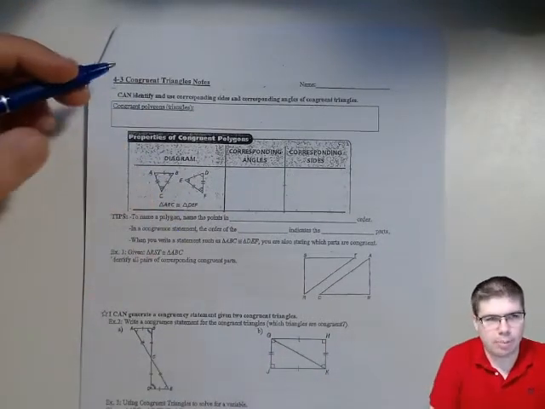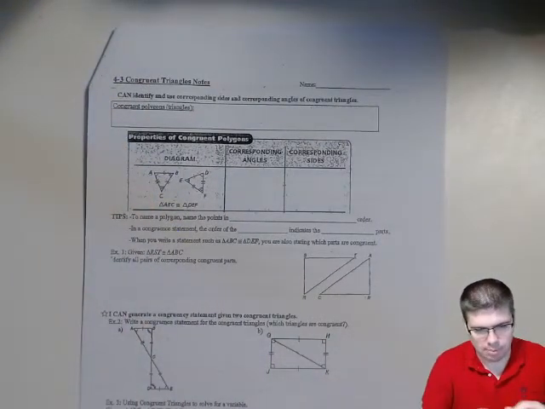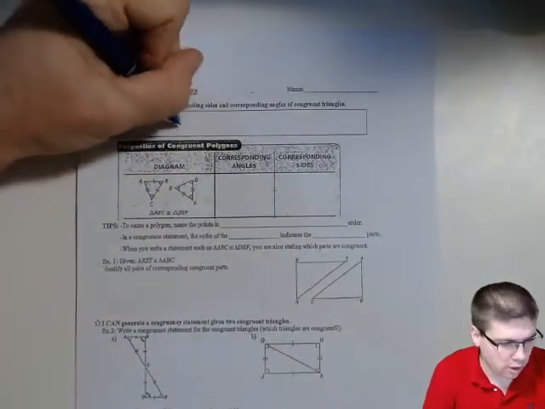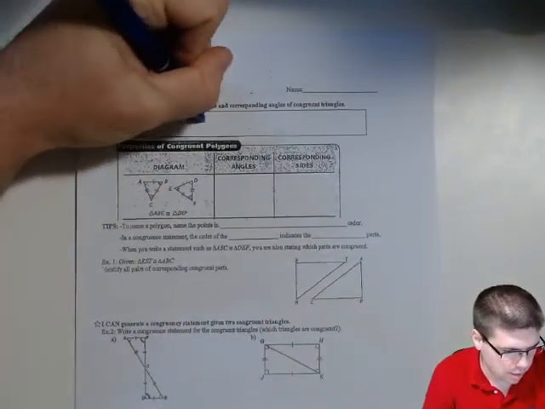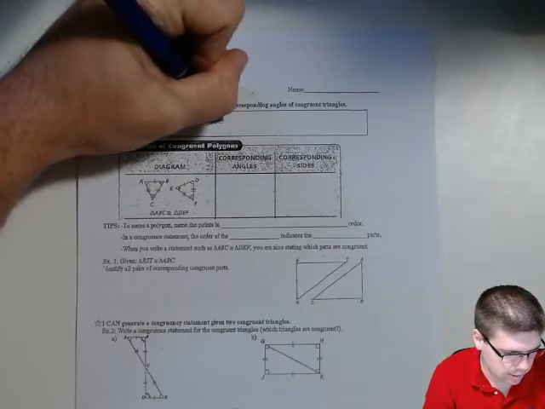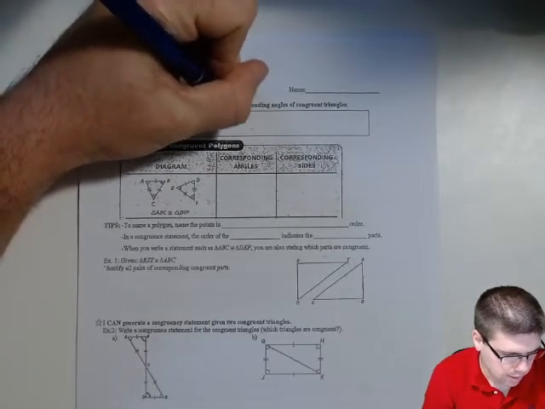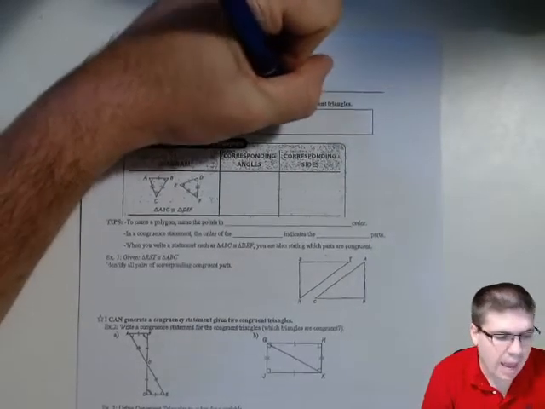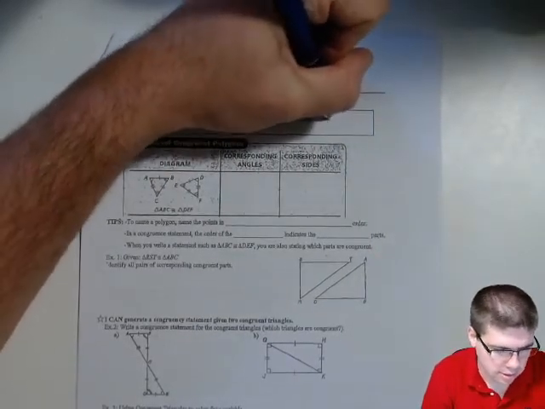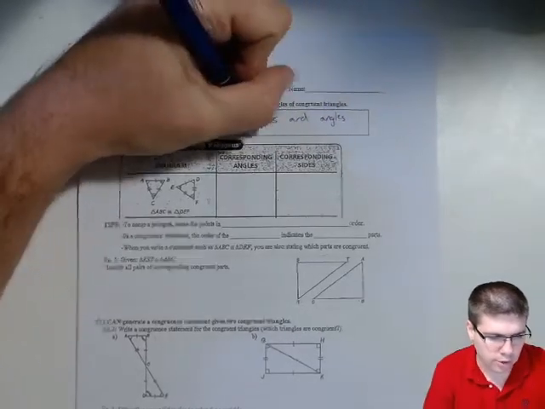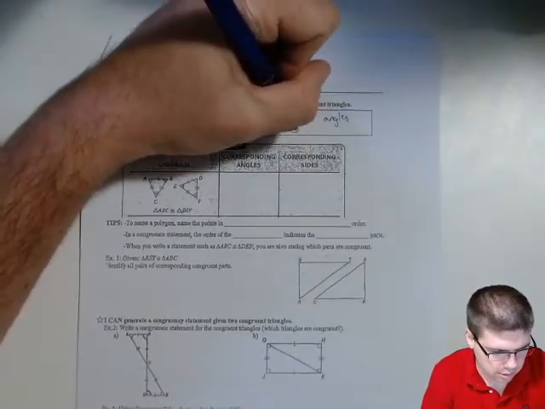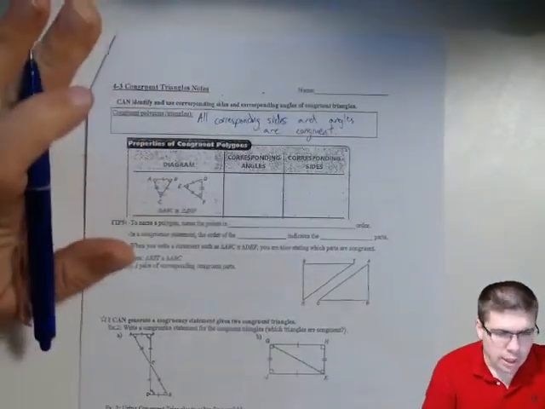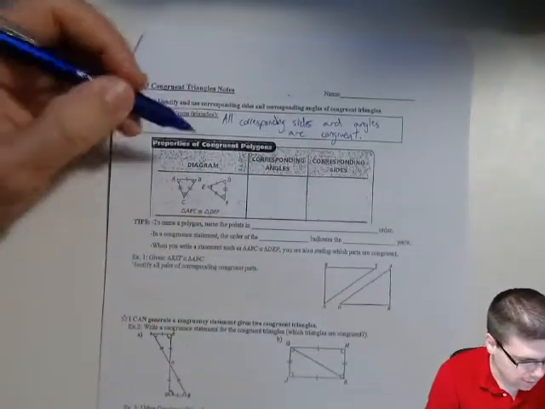So congruent polygons, any shape that's made with straight sides, but we're going to focus in on triangles. We know that all corresponding sides and angles are congruent. All right, so an example of some